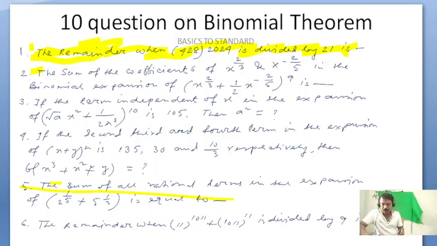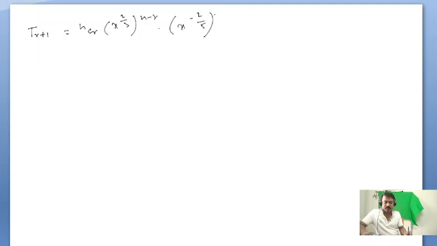We first find the T(r+1) term. Actually, here T(r+1) is nCr, that is (x to the power 2/3) whole to the power n minus r into (x to the power minus 2 by 5) whole to the power r into (half) to the power r, equals to, here n equals 9, that is 9Cr